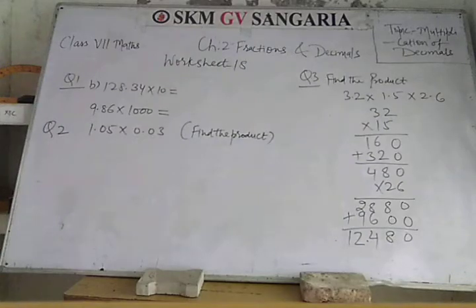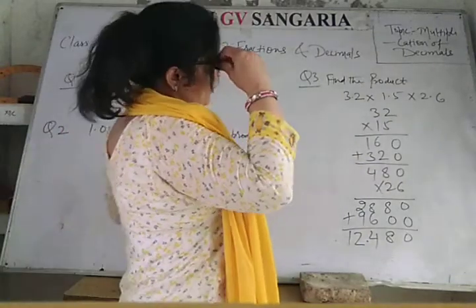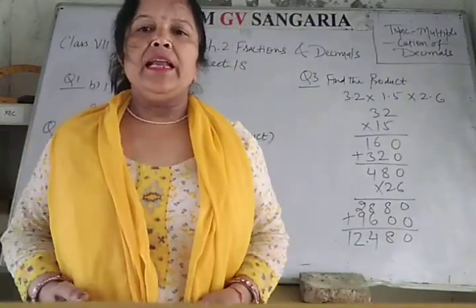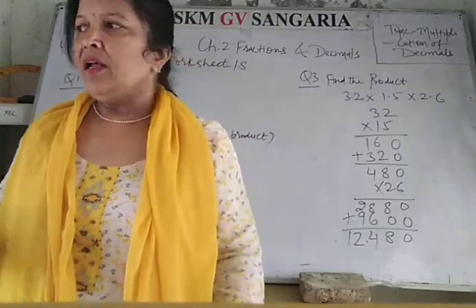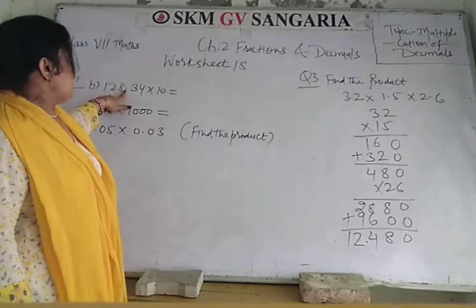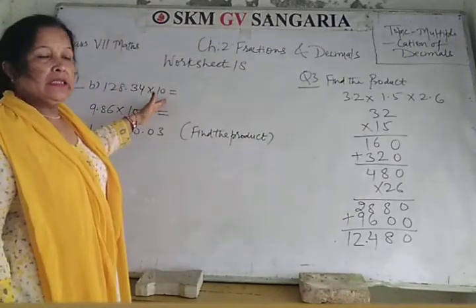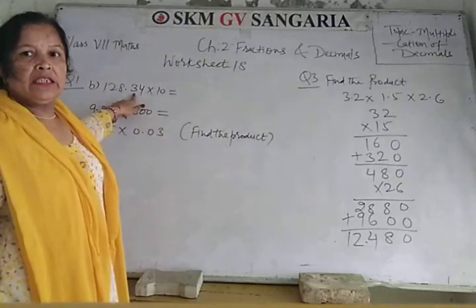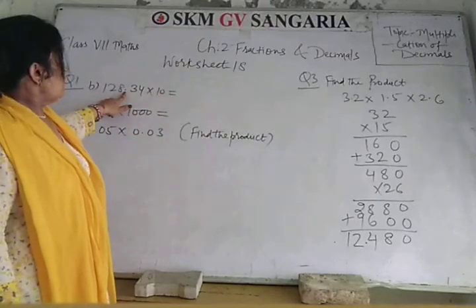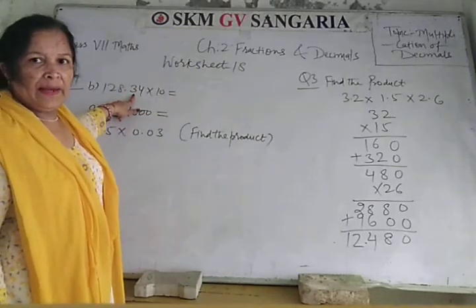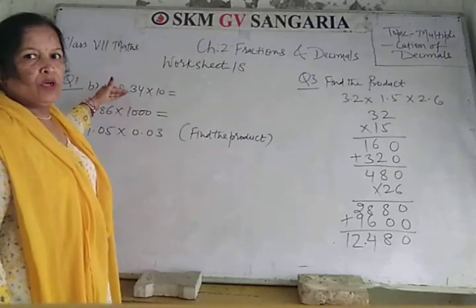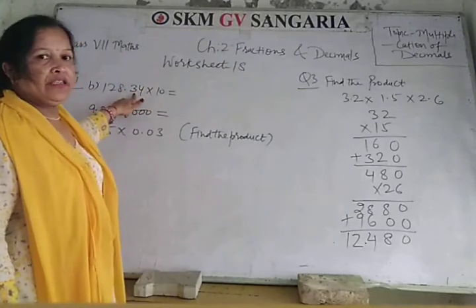When you are given a decimal number and you are asked to multiply that decimal number by 10, by 100 or by 1000, then the decimal point moves to the right. If you are multiplying by 10, the 3 which is at the tenths place after the decimal will be shifted to the ones place, and the decimal will move towards the right, leaving 1 digit. Okay,